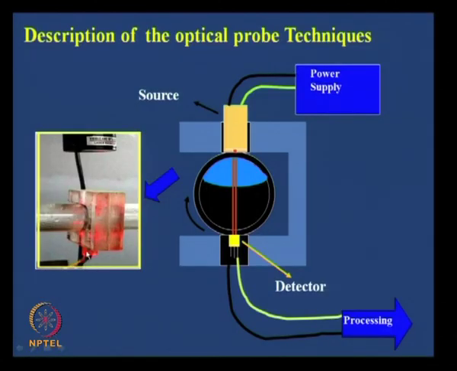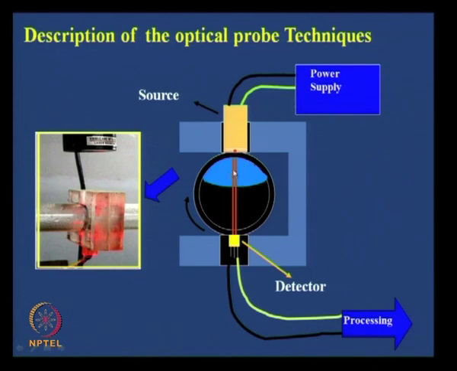Yeah, this is the optical probe which was there. There was a source here, there was a detector here. If you see, there was a detector here. The situation is shown here. A very narrow beam is ejected, and then what happens is, see, it was very interesting. It could give us flow pattern and void fraction both.